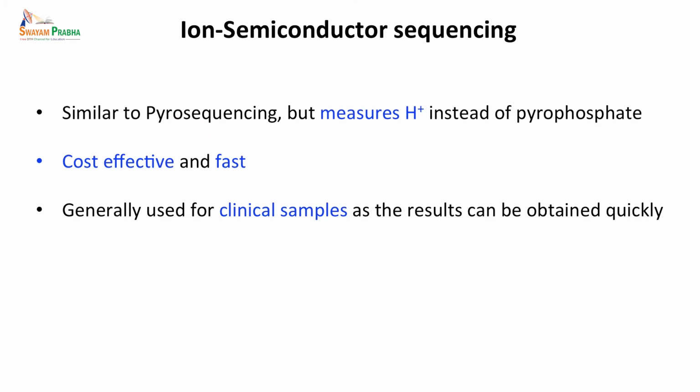So the next platform that is available is the ion semiconductor sequencing method, which is again similar to the pyrosequencing method, but in this case, instead of pyrophosphate, the released protons, or the pH, is basically measured. And this method is also very cost effective and fast, but it is generally used for clinical samples because it is very fast and you do not need to sequence almost the entire genome. You may be interested in just some, say, one type of sequence. So it can be done in clinical samples where you may want to find out whether a particular mutation is present or